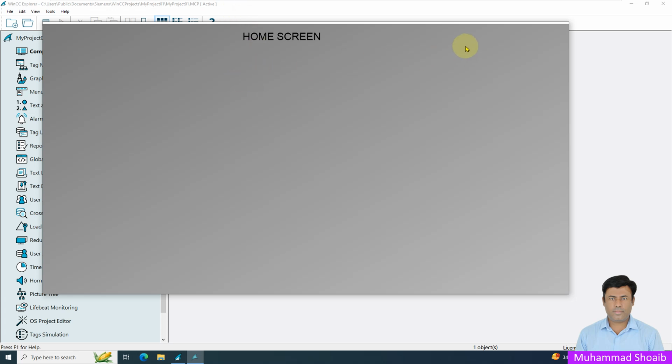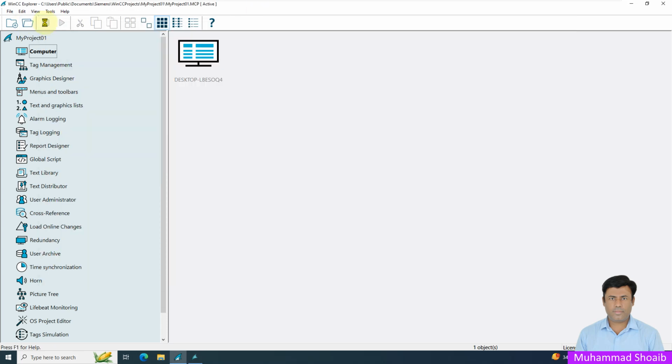So as you can see, in the last tutorial we configured just the startup, which screen should start. As you can see, this screen is not coming over the entire page, like the entire screen. So how can we configure it as full screen mode? We'll see. We'll just stop this application